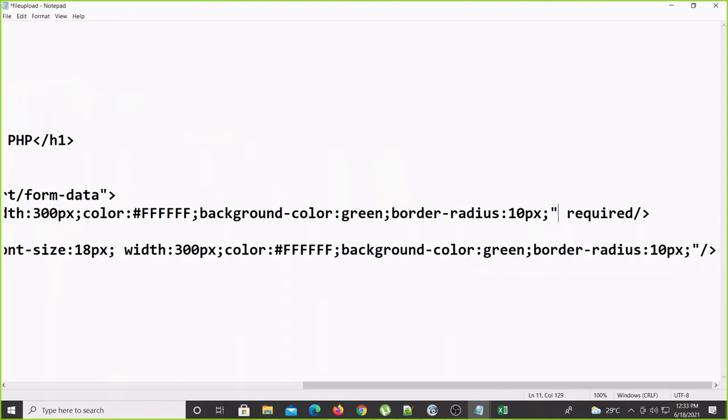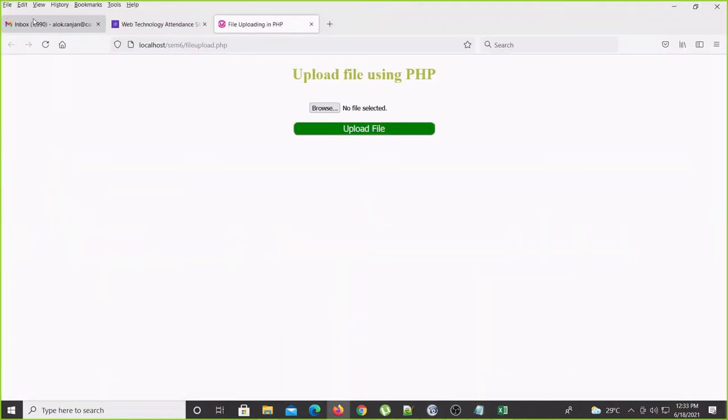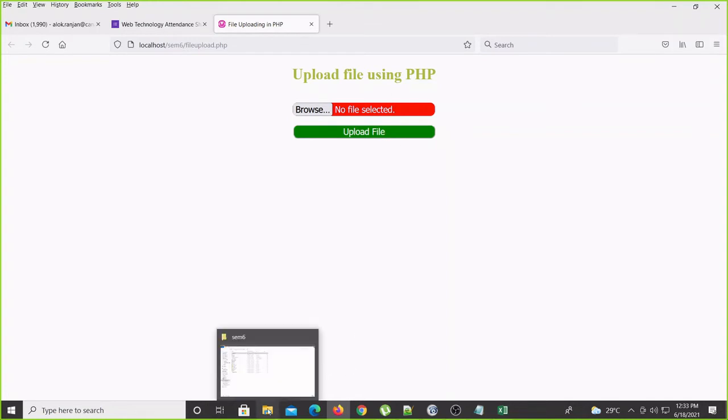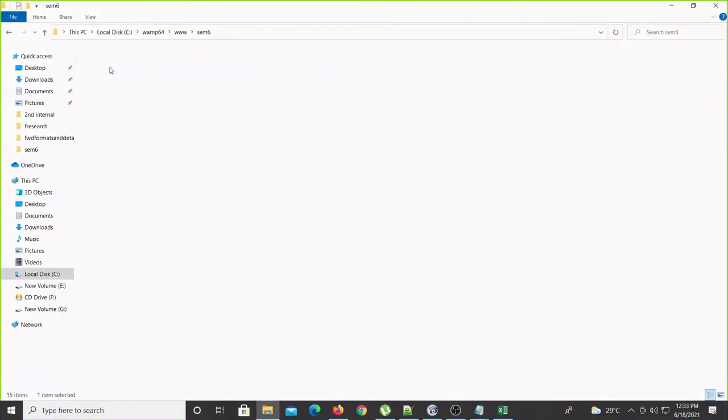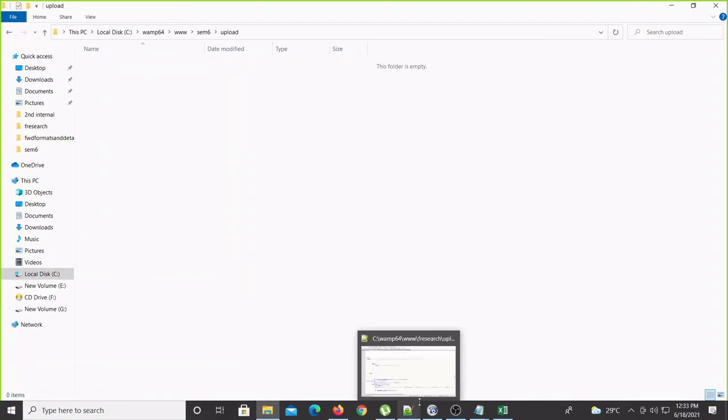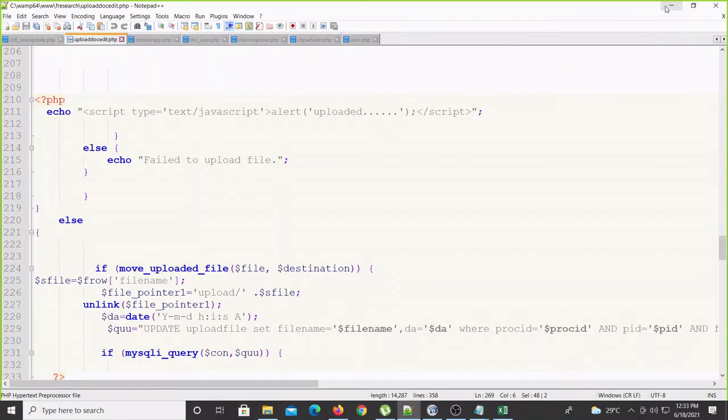And here the background color I'll make red, then we can see the difference. So this part is for browsing the file, this part is for uploading the file. Once we browse this file and click upload, the file, whatever the file, is available inside the upload folder. Okay, and that we can check.